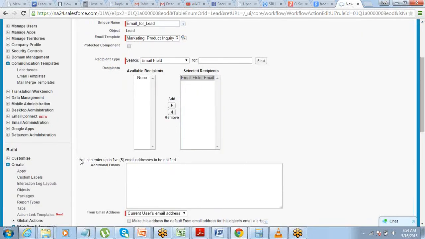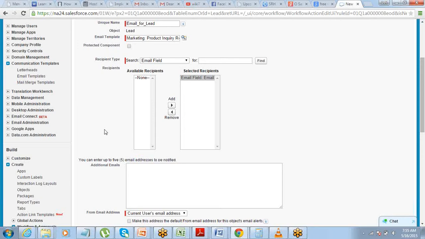You have an option of adding up to 5 people who can be CC'd on the email. Okay. So you can add additional 5 email IDs who will be CC'd on all these emails which are being sent. Okay. You can enter up to 5 email addresses to be notified. So they will be copied on the email.